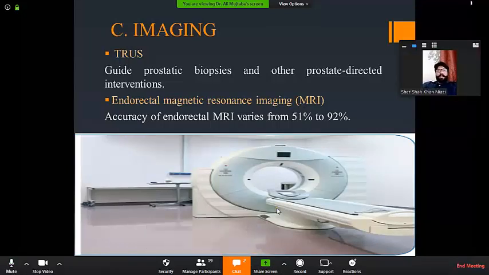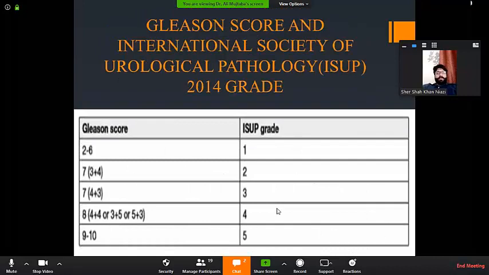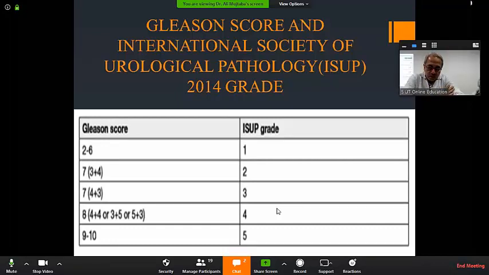Yes. In which Ali had written the grade of 7, and then there was 4 plus 3 and 3 plus 4. So this 4 and 3 were the primary grades and the secondary grades. You see, the first figure in every sum is the primary grade. And the primary grade, as I've said earlier on, is the most common grade in 12 samples or 6 samples or 8 samples, depending on your biopsy protocol.